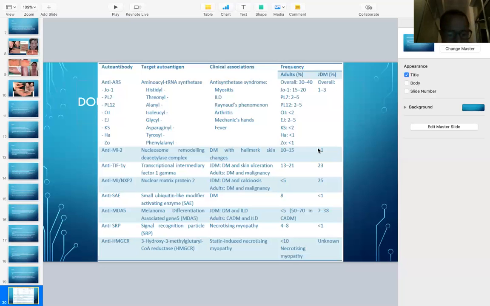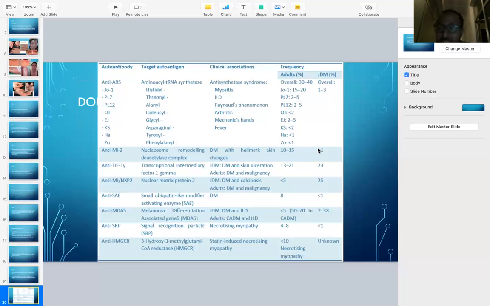And the other is anti-MDA5. This is also associated with dermatomyositis, and this group of patients are associated with clinically amyopathic dermatomyositis. Dermatomyositis has three categories. One is the classic dermatomyositis, which is associated with the classic skin lesions plus muscle weakness. And the other is the hypomyopathic dermatomyositis. Hypomyopathic dermatomyositis is patients who have classic dermatomyositis skin lesions plus laboratory evidence of elevated muscle enzymes, but objectively, patients don't have muscle weakness. And the other is amyopathic dermatomyositis, which MDA5 is associated with,